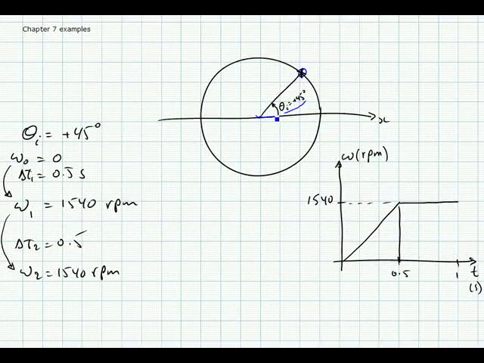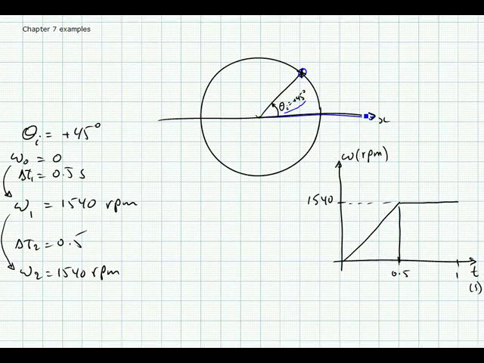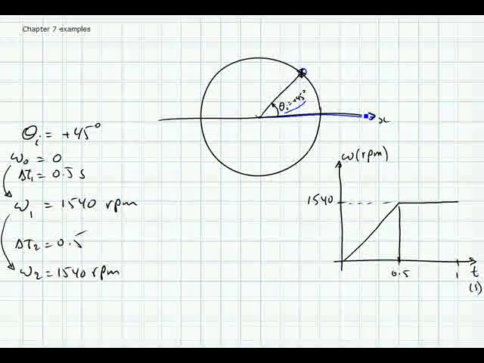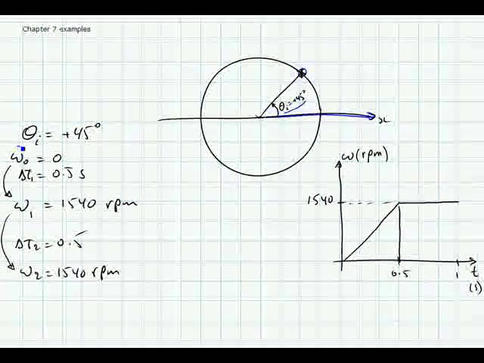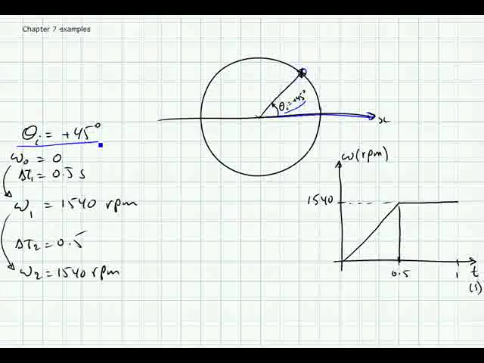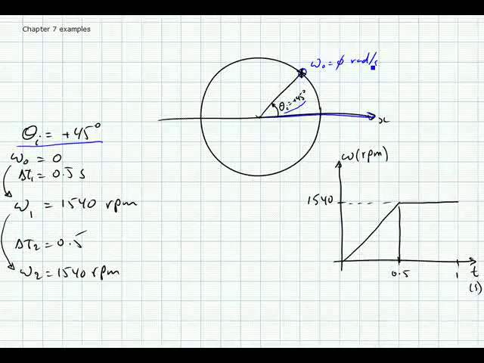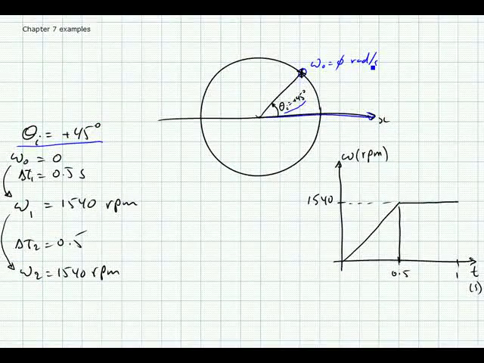So here's our x-axis, and the initial angular position of the object, theta I, is 45 degrees as shown here, and that object starts at rest, so omega naught is 0 radians per second,